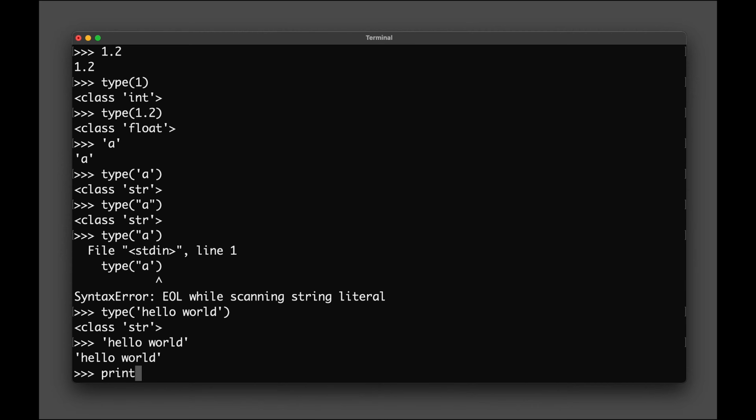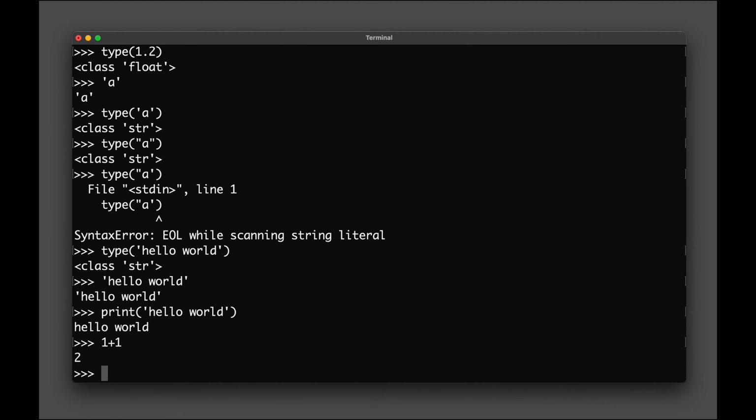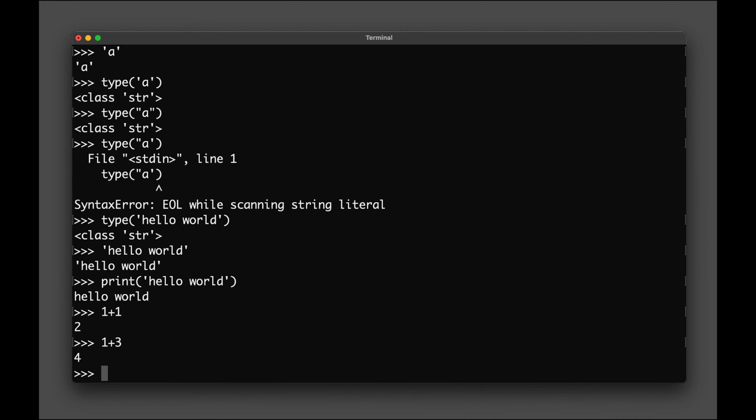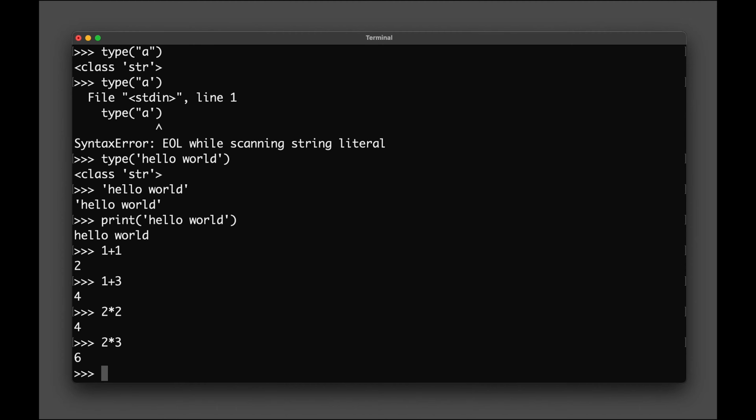You could also do the same thing by typing in print and then hello world, and then you get the printed text of hello world. Another thing about the Python interpreter is that it could also act as a calculator. For example, you could type in 1 plus 1, or 1 plus 3, and it just adds up the numbers. You could also multiply them, 2 times 2, 2 times 3, or even divide,